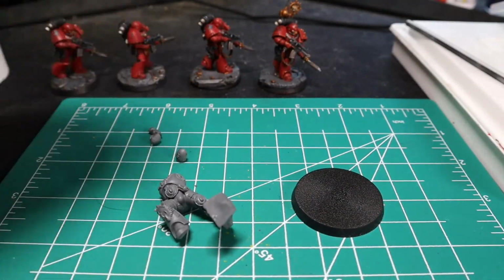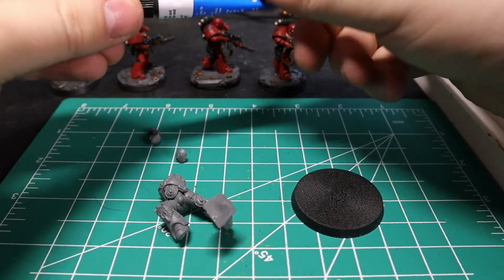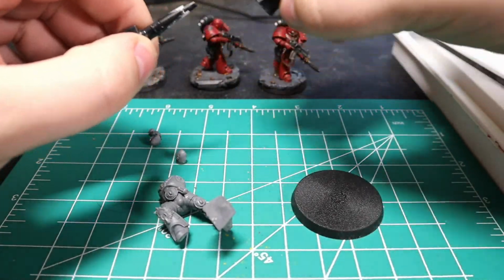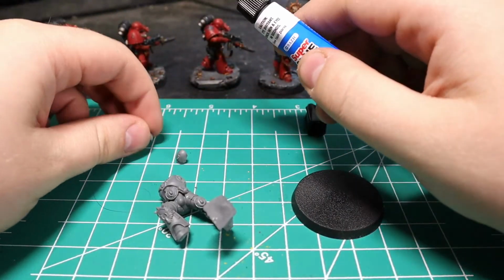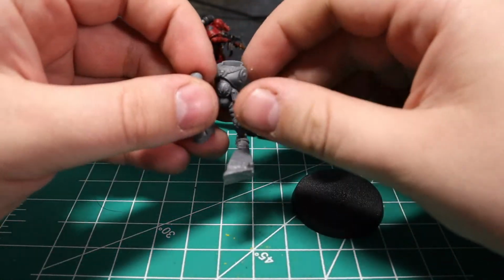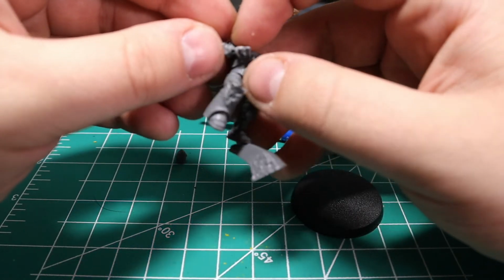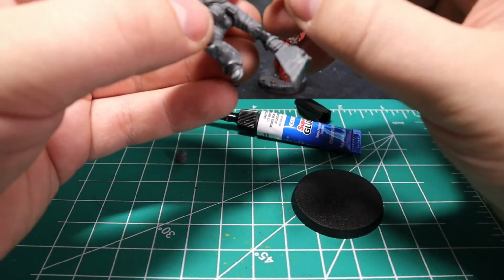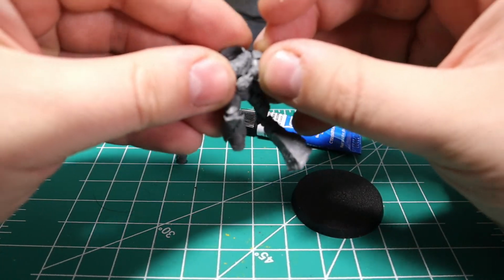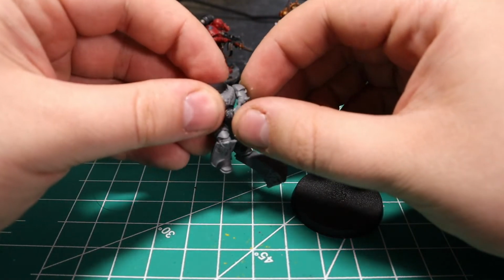So yeah, now just gonna see if we can finish assembling this bad boy. Now I use super glue. I know some people use plastic glue, but for me, with how many models I make that are resin or have custom resin bits mixed in, I oftentimes will use super glue. Just because I'm going to get so much super glue for resin, because no other type of glue really works with it, why not have the same...